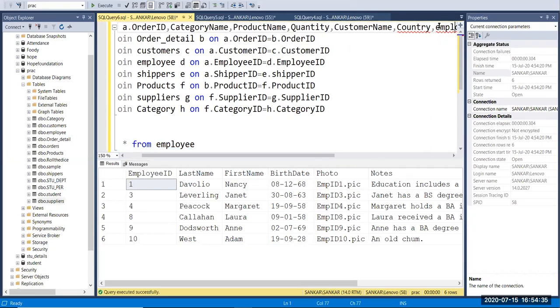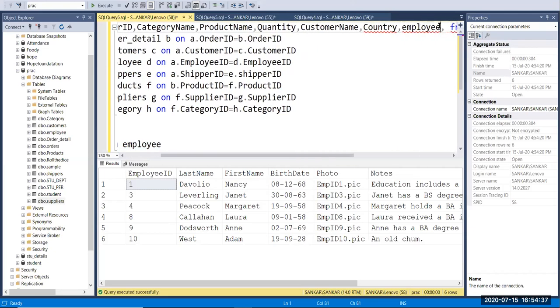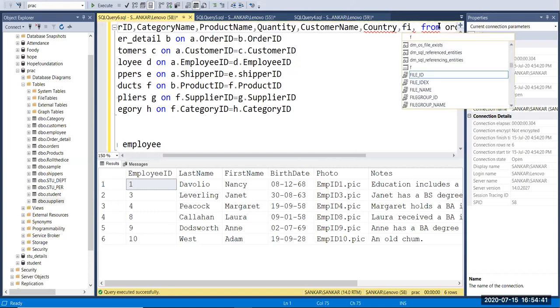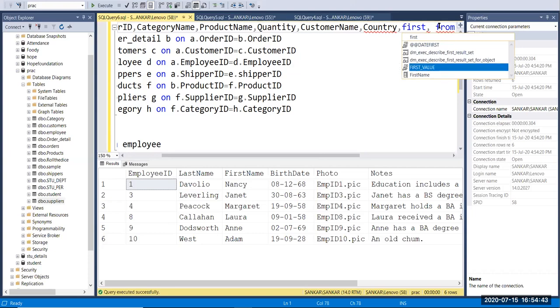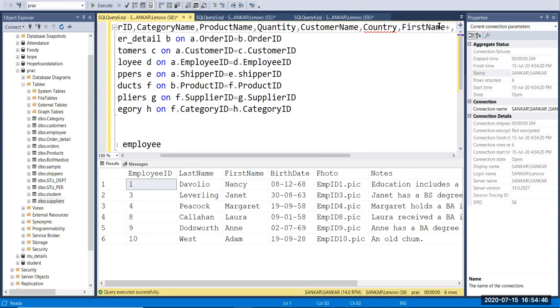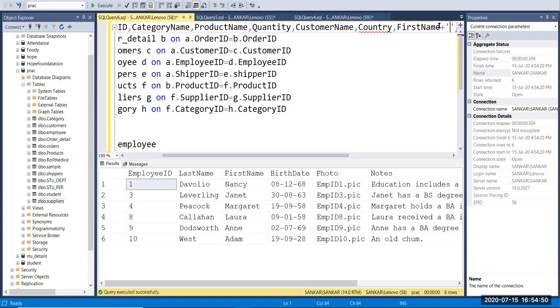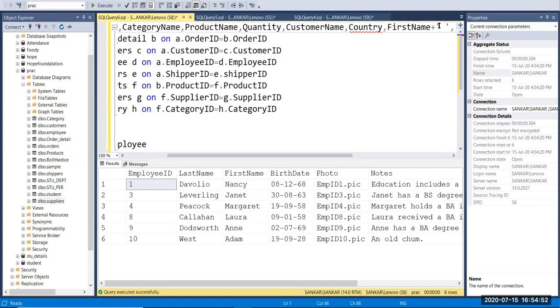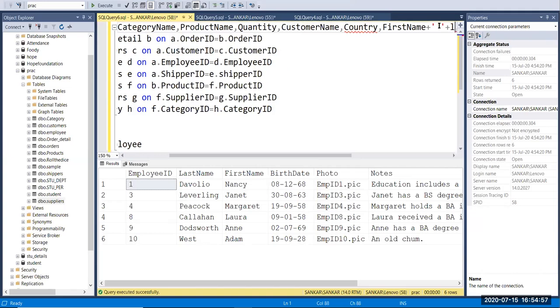Here I'm doing a string concatenation, right? Just first name and give plus. If you want spacing, you can add an empty string. After that, give plus, then last name.